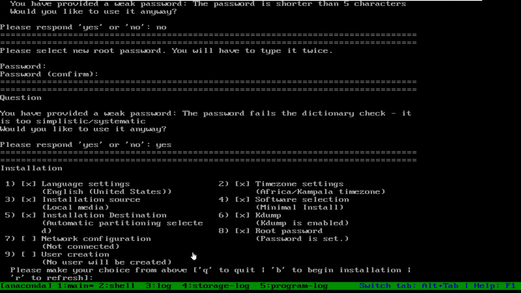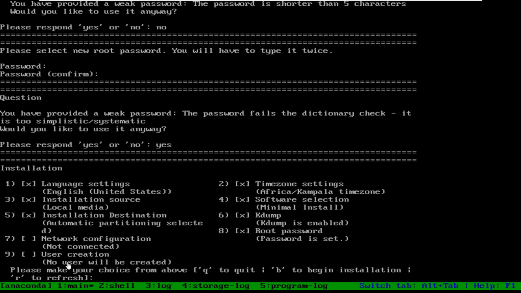Remember, it will force me. So right now I will not create the user account here, and I will show you that it will not force me. But if I do the same in graphical installation, when I select Server with GUI in the software selection, then it will not allow me. It will force me to create an account.